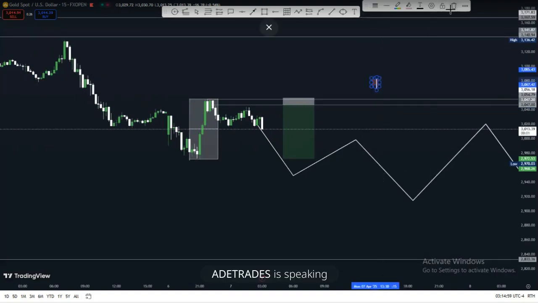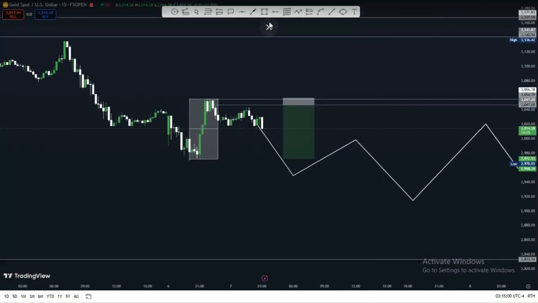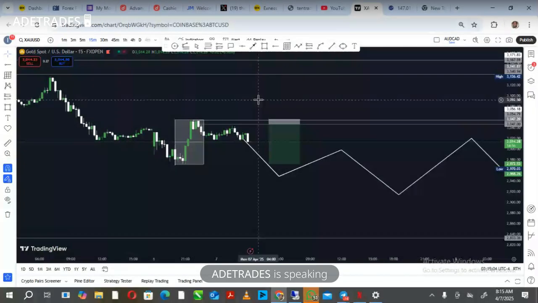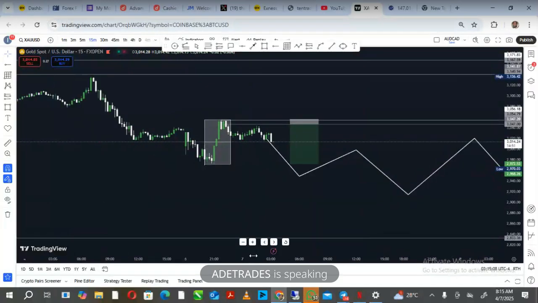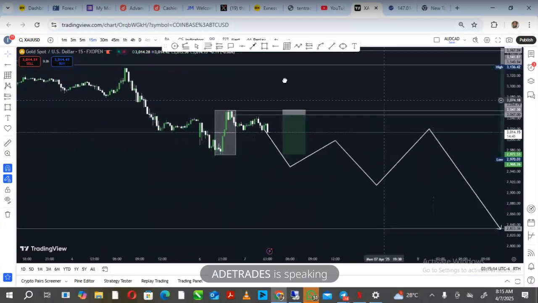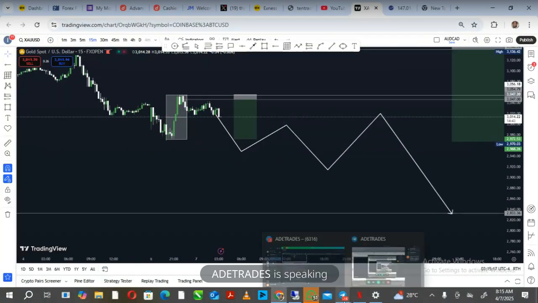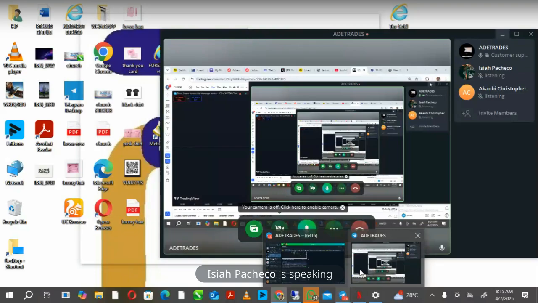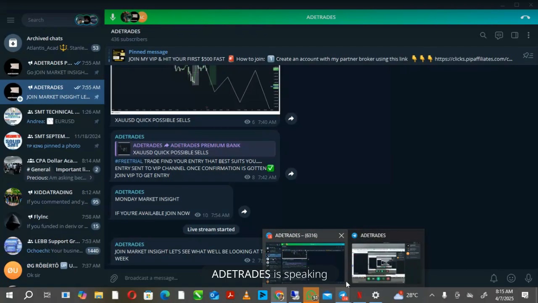That's for gold. Which other pair? What other pair do you want us to analyze apart from gold? Because that's basically what I am currently looking at for the week, gold and US30. If you have any pair you want us to look out for, you can just unmute your mic. Can we do Euro USD, please? Euro USD. Okay. Yes, thank you.